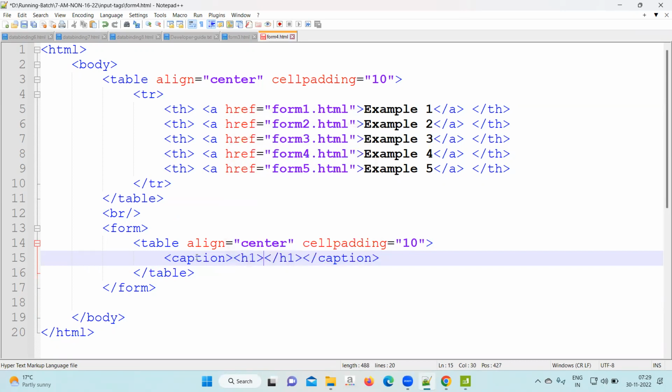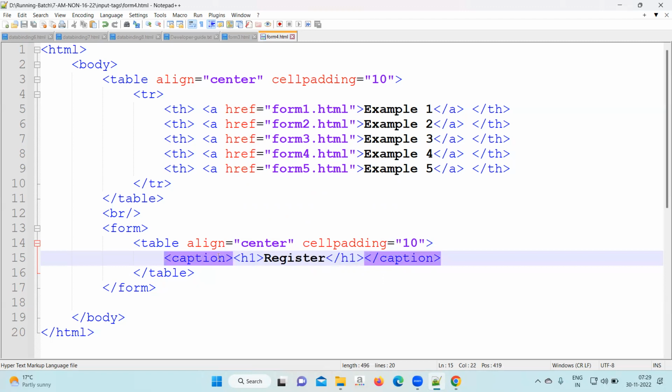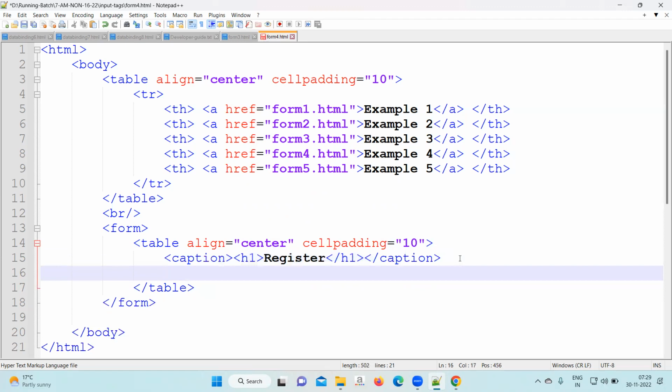H1 will be there. Register. Okay, then now write a tr,